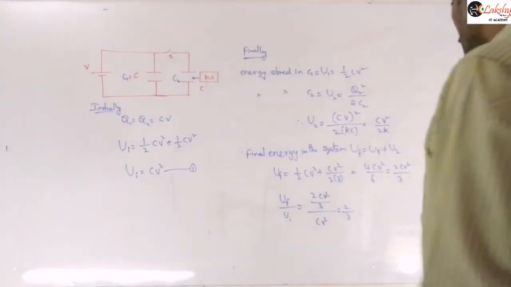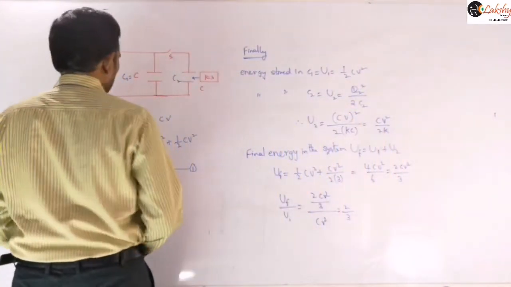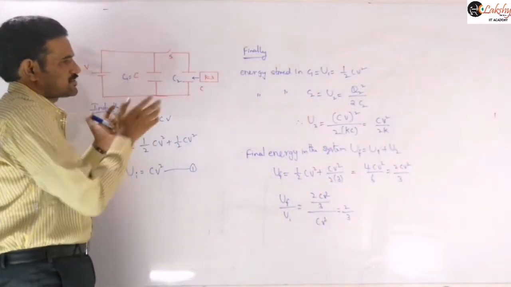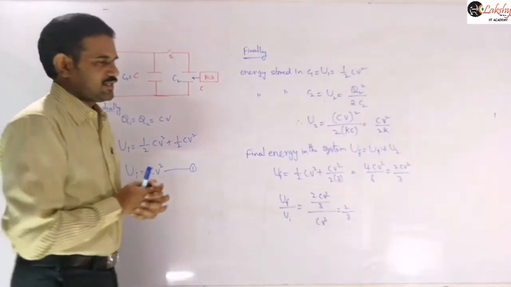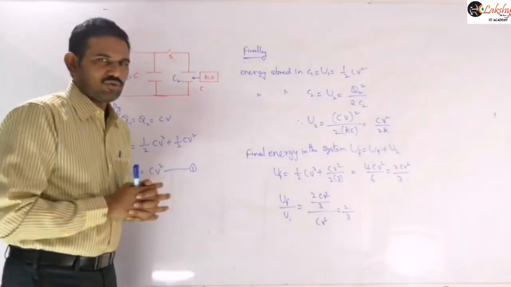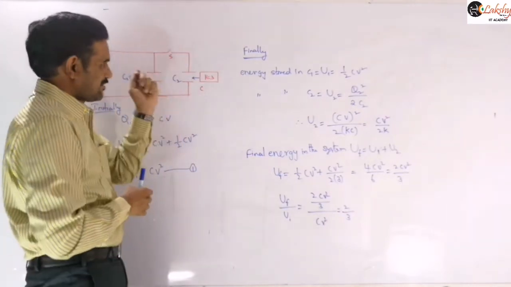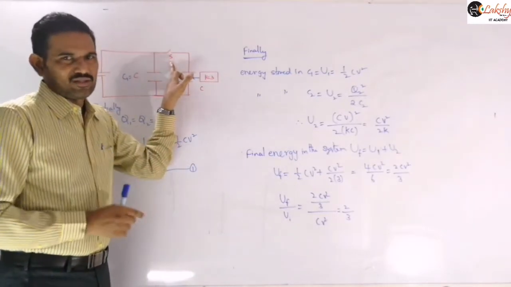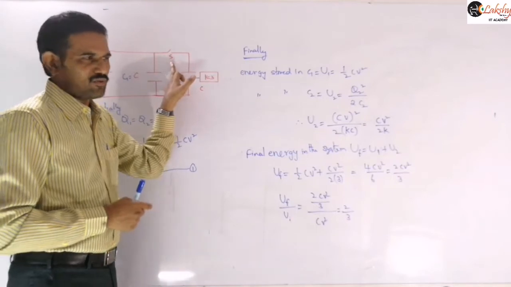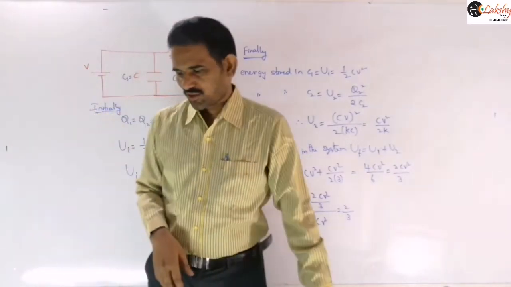The same problem will be there in a previous advanced question, where they will ask when an identical dielectric is inserted in both the capacitors. Here we are taking the dielectric inserted in only one capacitor. Now solve the same problem if the dielectric is inserted in both the capacitors, with the same condition: initially the switch is closed and then we are opening it. So solve that problem when the dielectric is inserted between the plates of both the capacitors, right?